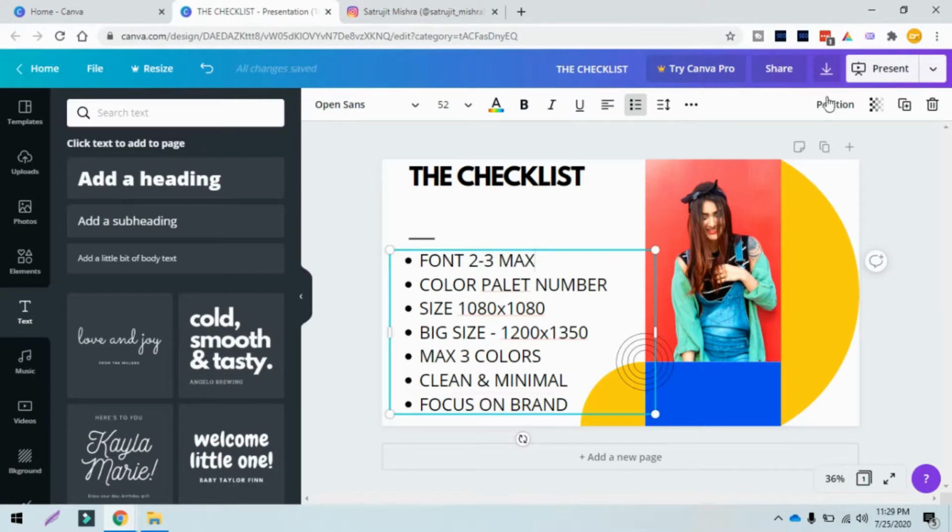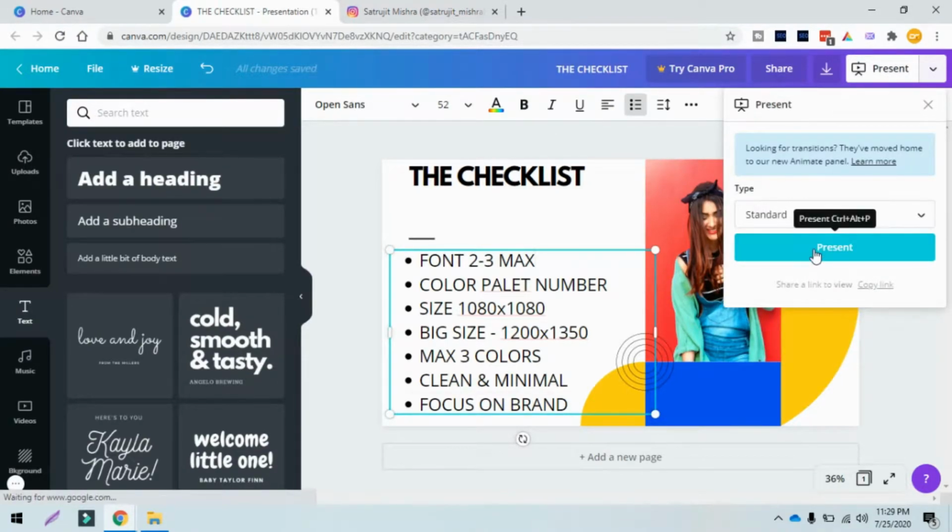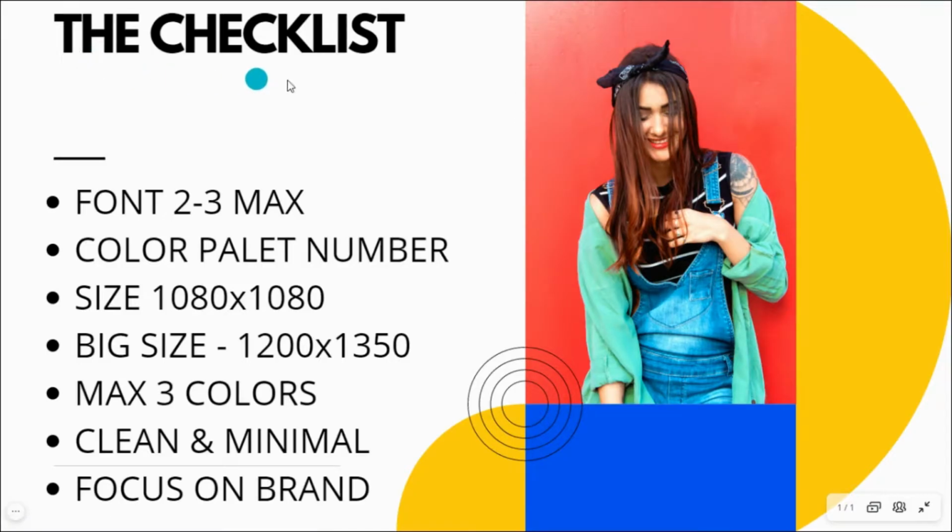So first of all, I will show you a checklist that I have prepared for Instagram content. Here is the checklist. Font: use 2 to 3 max, not more than that. Color palette number: yes, you must have your color palette number so that you can design smoothly without any problem. The size for the normal post is 1080 by 1080, and the big size is 1200 by 1350, which I am using currently.